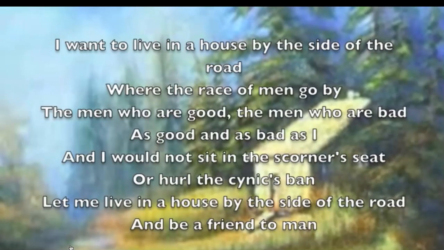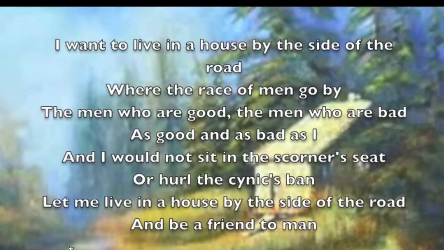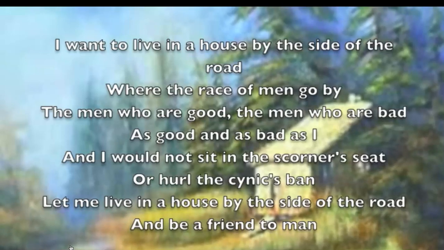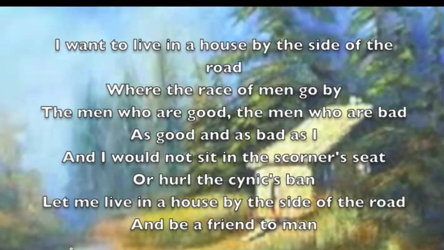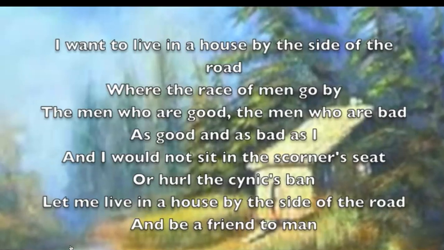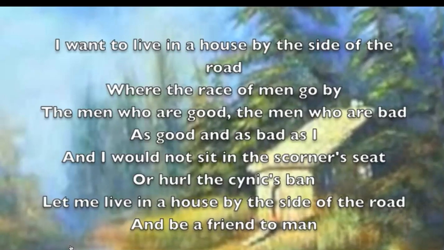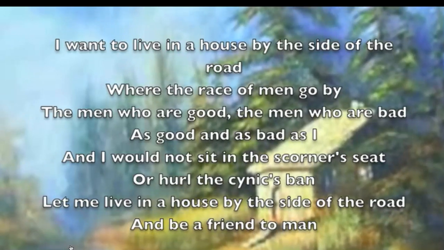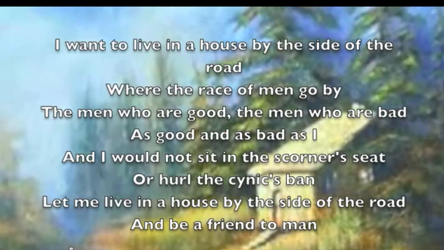I wanna live in a house by the side of the road, where the race of men go by. The men who are good and the men who are bad, as good and as bad as I. And I would not sit in the scorner's seat, or hurl the cynic's ban. Let me live in a house by the side of the road, and be